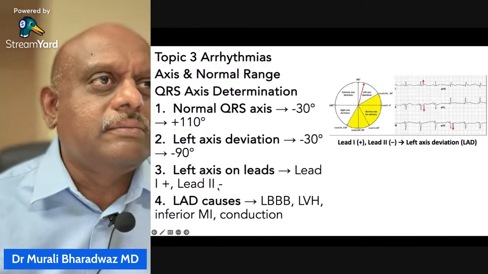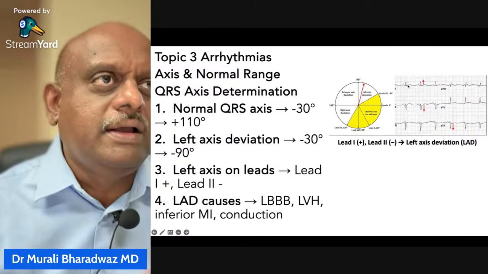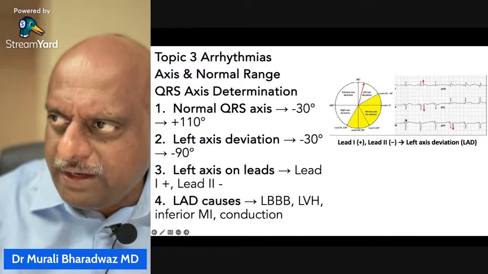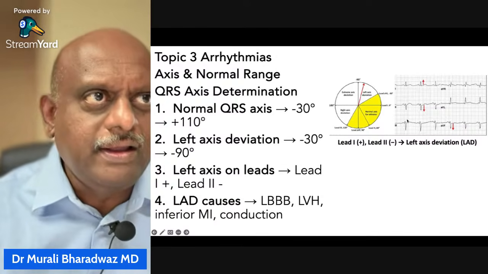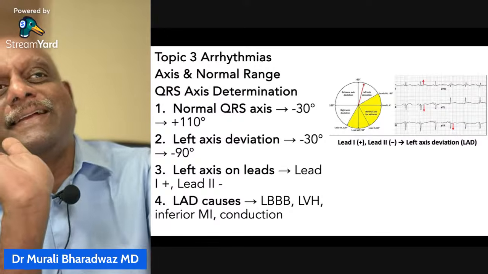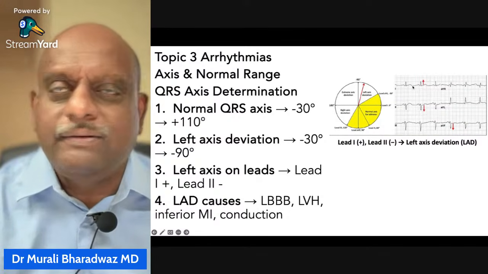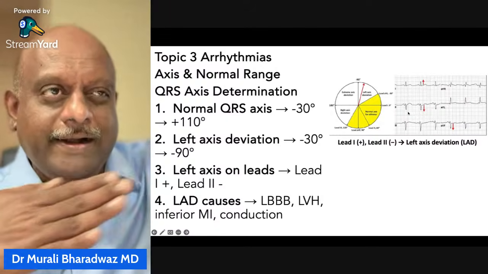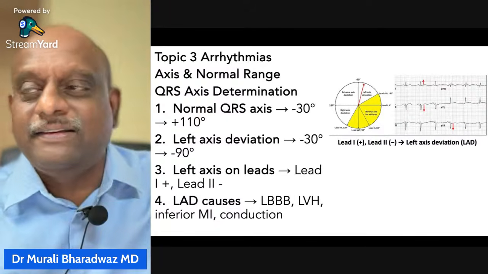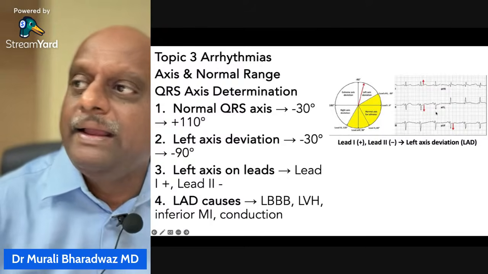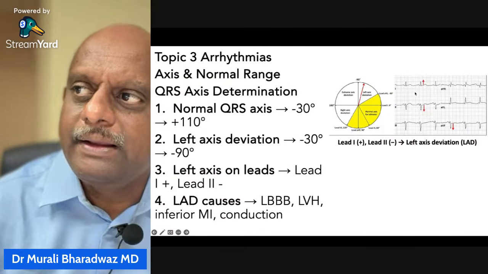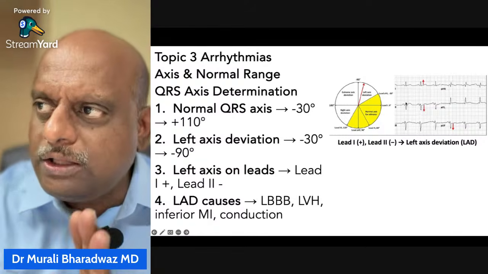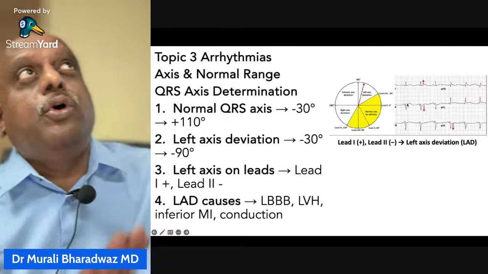Lead 1 and lead 2. If lead 1 is looking up and lead 2 QRS is looking down, you remember it is leaving each other, left axis. If lead 1 is looking down and lead 2 is looking up, they are right towards each other, right axis. Easy to remember. What is the normal axis? Lead 1, you can see here, it is looking up, and lead 2 also QRS is upward. If both are looking upward,